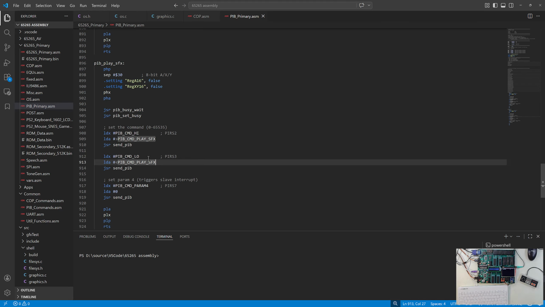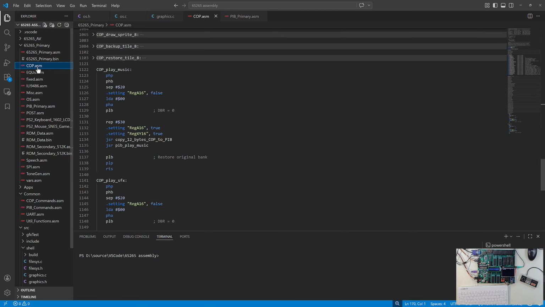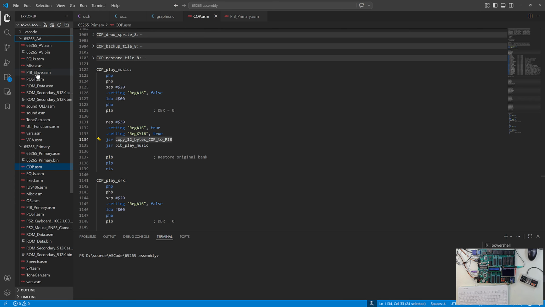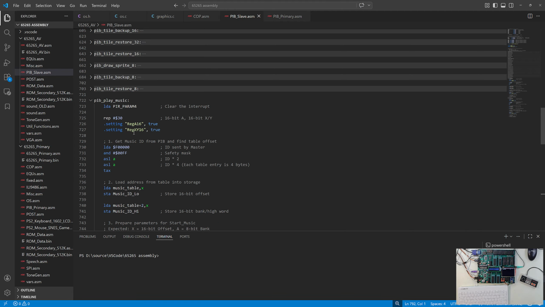Now, before it got to that in the cop call, just so I can point this out, it does copy memory that my C application wrote those parameters to, and it copies it to a space that my other board has access to, which is a dual port static RAM on this board that both processors, both microcontrollers, have access to. So then the other board receives the PIB call as a slave, and then it has routines